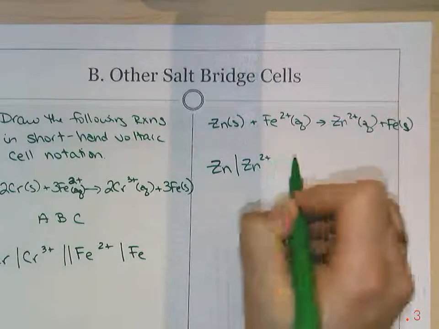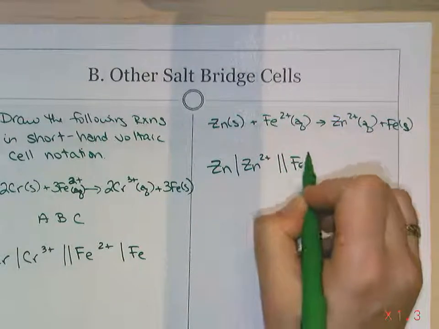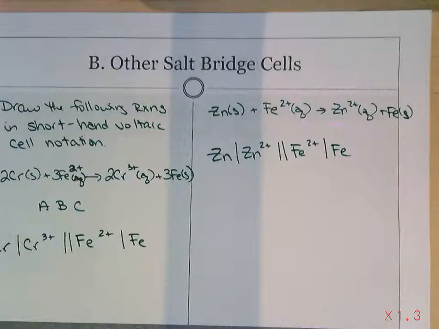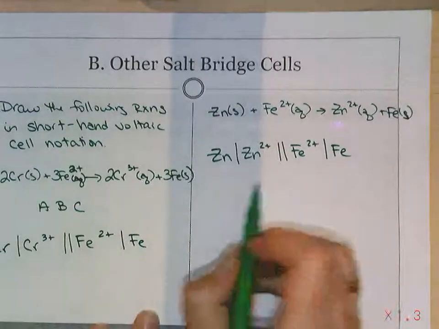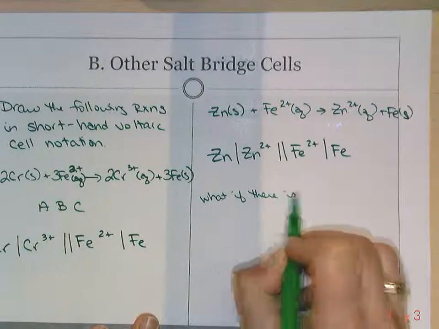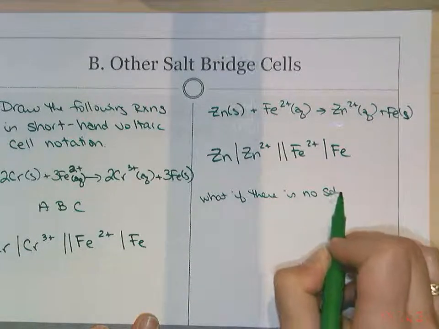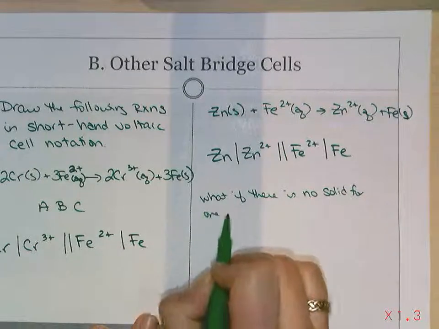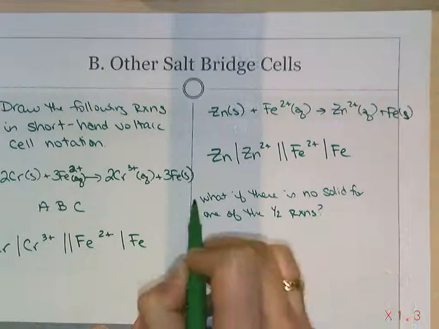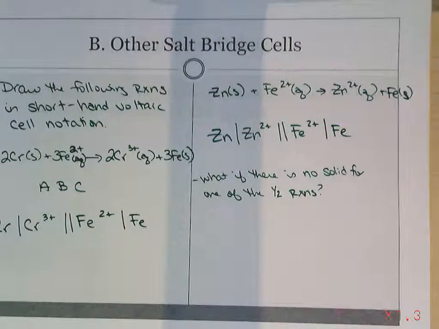And then since there's only one option, okay, what if I have, what if you have a half reaction that doesn't make a solid? I have this. Let's say I have